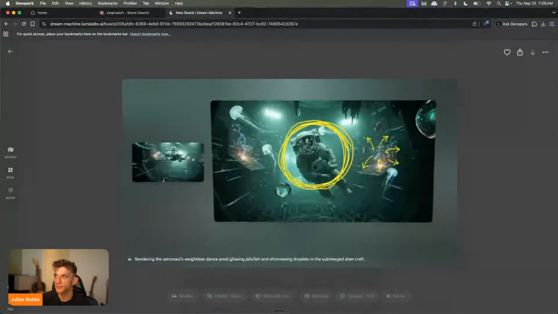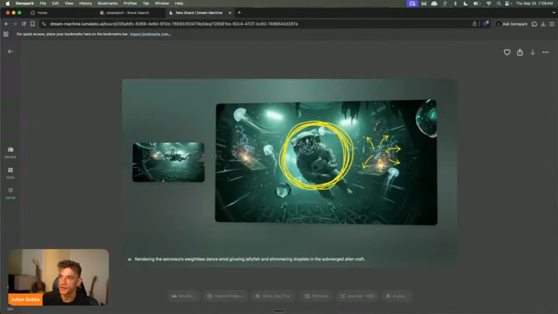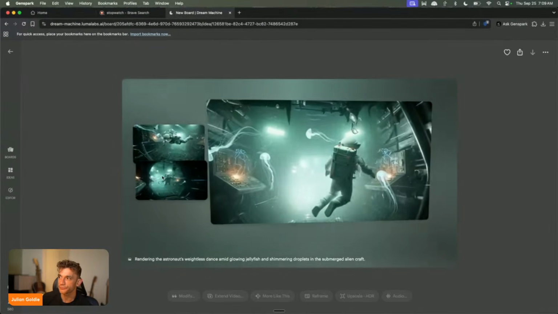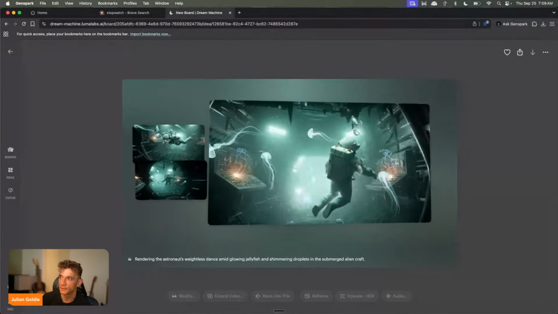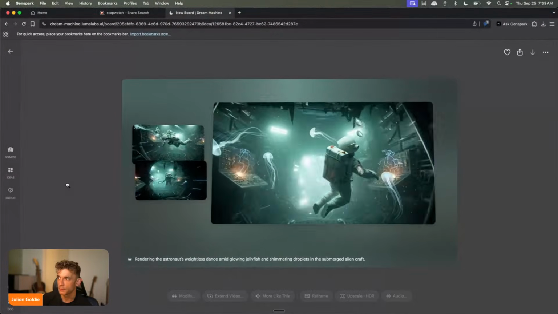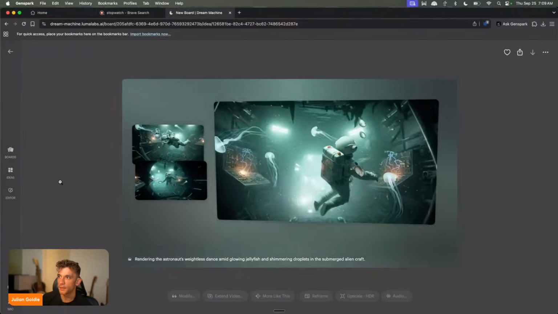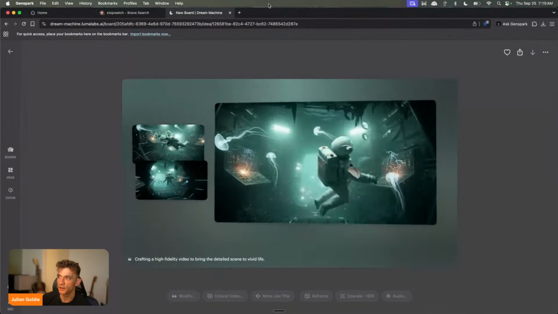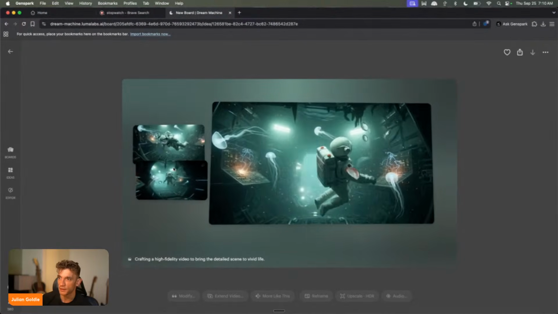Let's go back to GenSpark now, see what we got. It's taking absolutely ages to generate, isn't it? But I like the way, I mean, look at that output. It looks really, really cool. It's coming to life now for sure. Seems to make a lot more sense as well versus the previous options. And it looks better than a lot of movies, doesn't it? If you look at the cinematography and the colors and lighting, even the details in the background, super interesting, kind of like an Avatar feel.